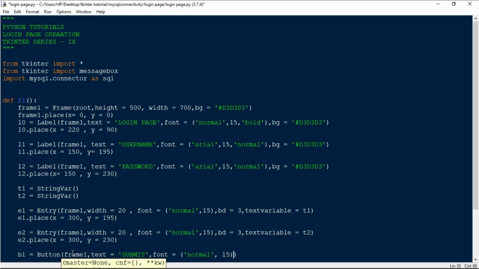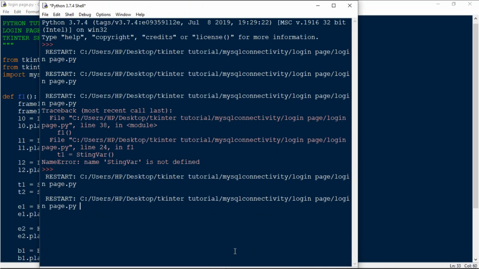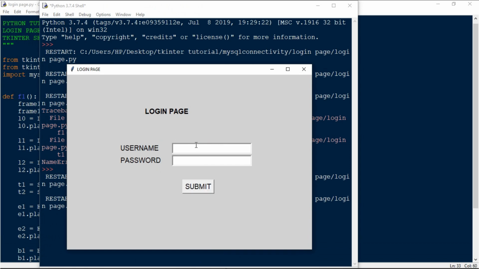When we click this, we are going to do some command. I'm going to create that command later. So for now, I just remove this command, and b1.place at x equals 330 and y equals 300. When we run this, you can see that a submit button is created and everything looks pretty good.